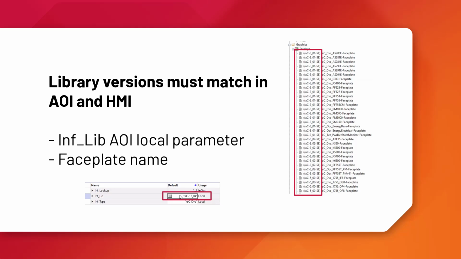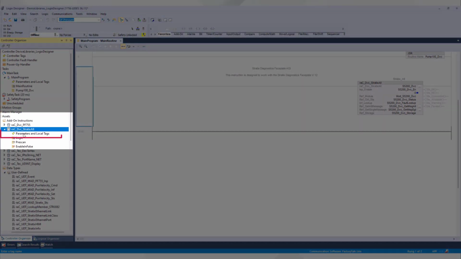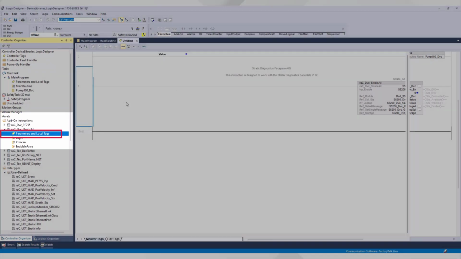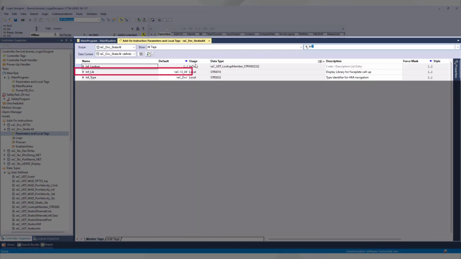If the HMI faceplate has also been updated and includes a new version number, follow these steps. Find the affected add-on instruction and open up its parameters in local tags view. You can filter on the inf_lib tag to see the default value used in the new AOI definition. To update the existing instances of the AOI, click the small arrow beside the Copy Values button and select Copy